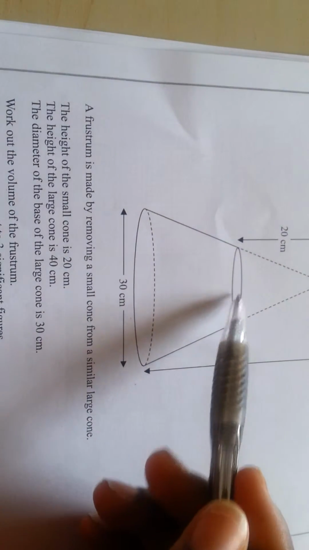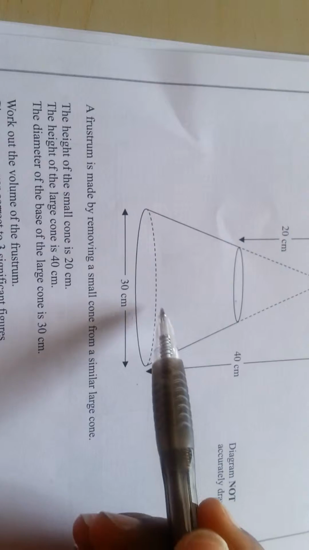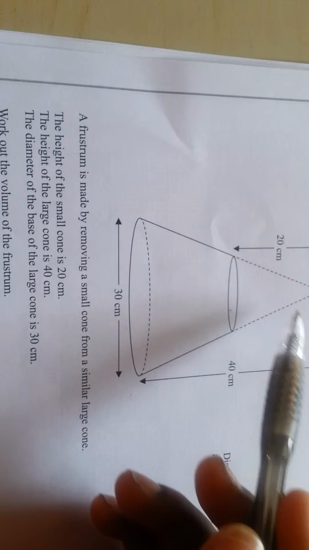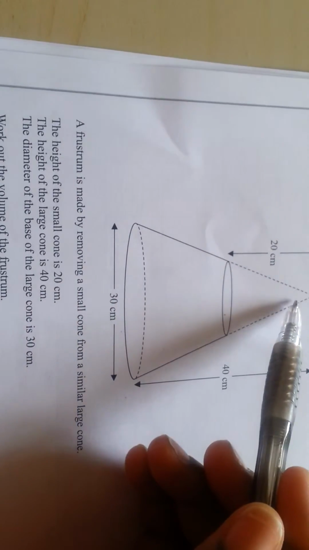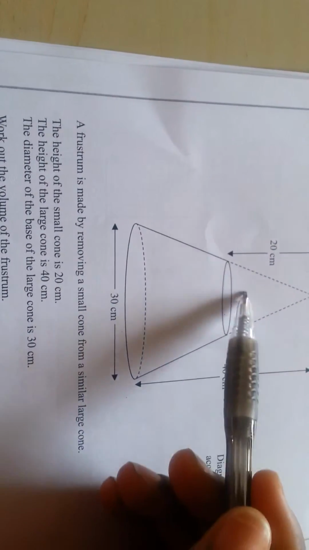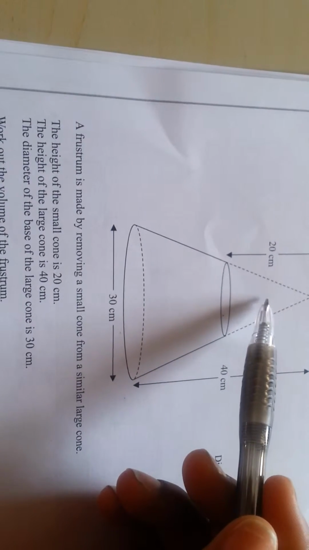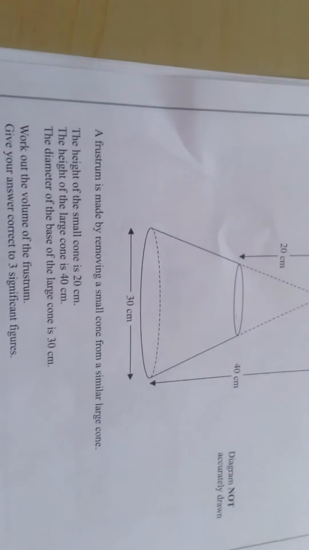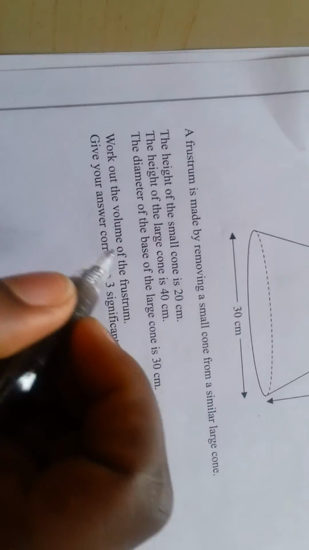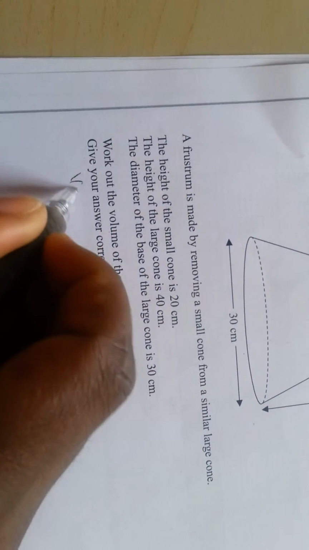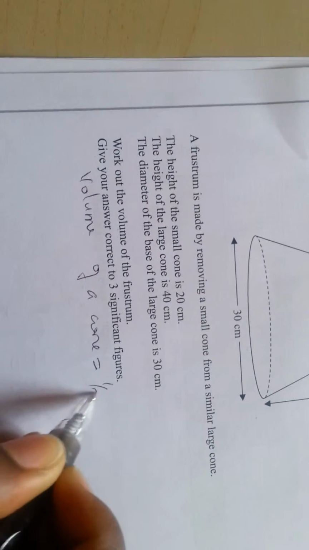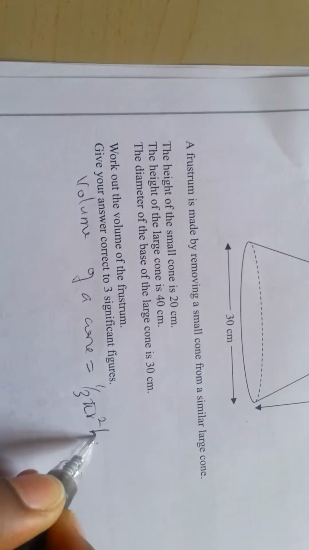Now the frustum is just this remaining figure when you take out this small cone from the large cone. Okay, now looking at this objectively, you see the big cone and then you see the small cone. So subtracting the volume of the small cone from the volume of the big cone, you get the volume of the frustum. Okay, now what's the formula for volume of a cone? It's 1/3 pi r squared h. Okay, now volume of the frustum